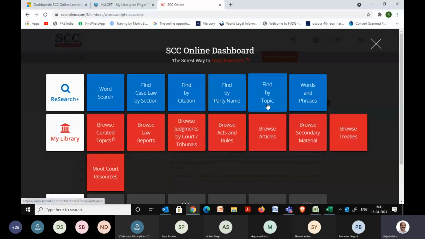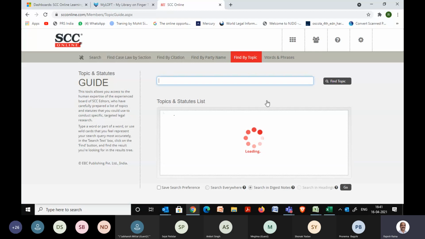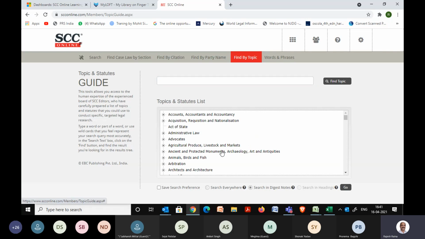Then you also have the find by topic option, which is somewhat similar to word search, but here you may not key in anything. It's a ready-made index available. You can select one particular topic, subtopic, and click on the go button at the bottom. It will give me the digest notes or the summary on that particular topic. But the best part is that the editorial team which has developed it